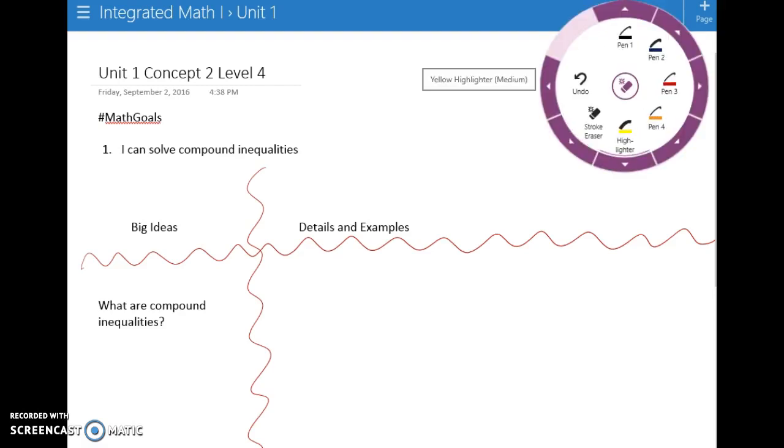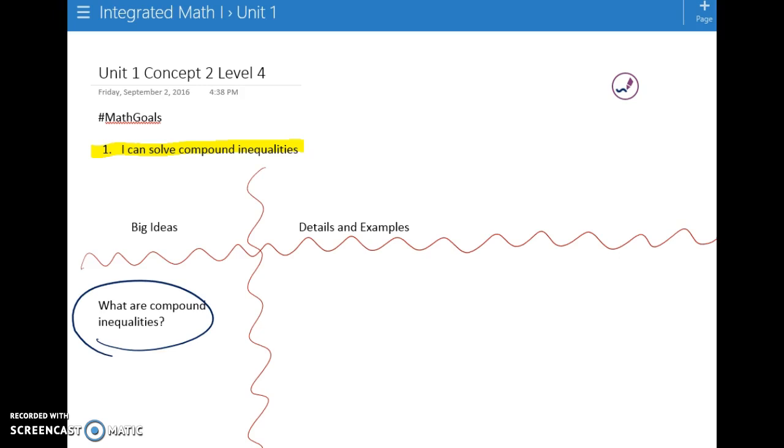In this video, we're going to focus on the goal: I can solve compound inequalities. So let's start with the first big idea, which is, well, what are compound inequalities? If you see the word compound, you should think of a compound word, like book, bag,